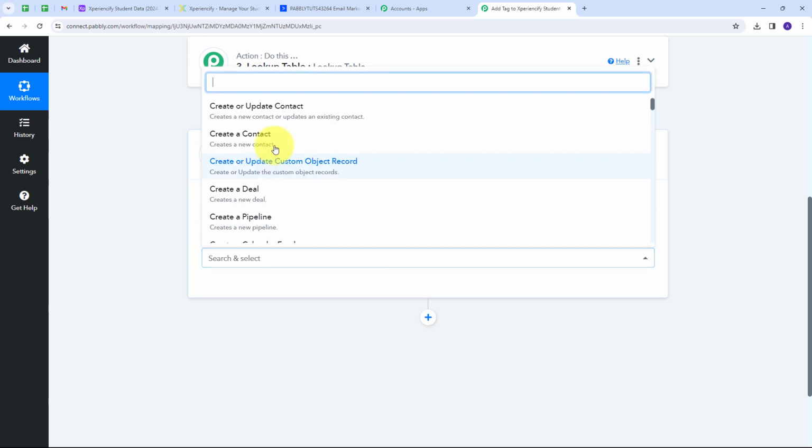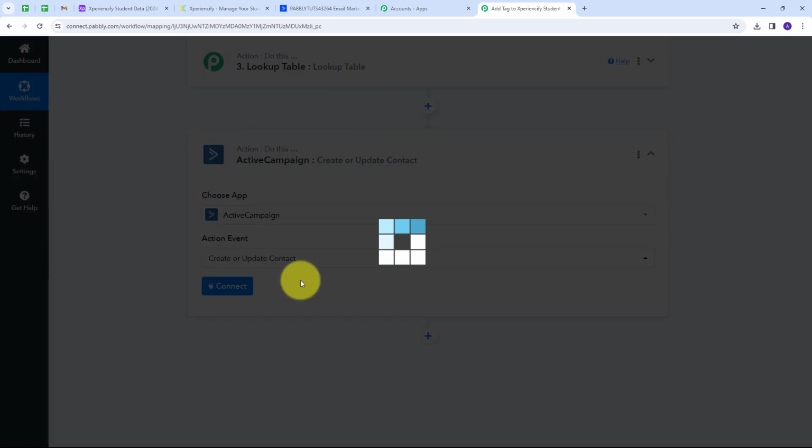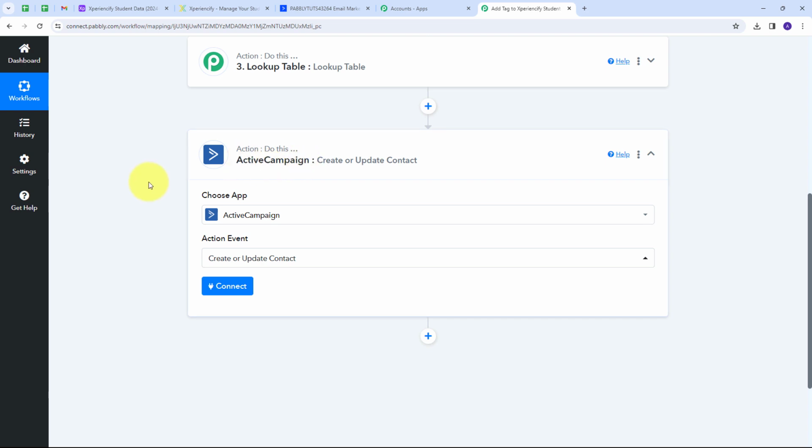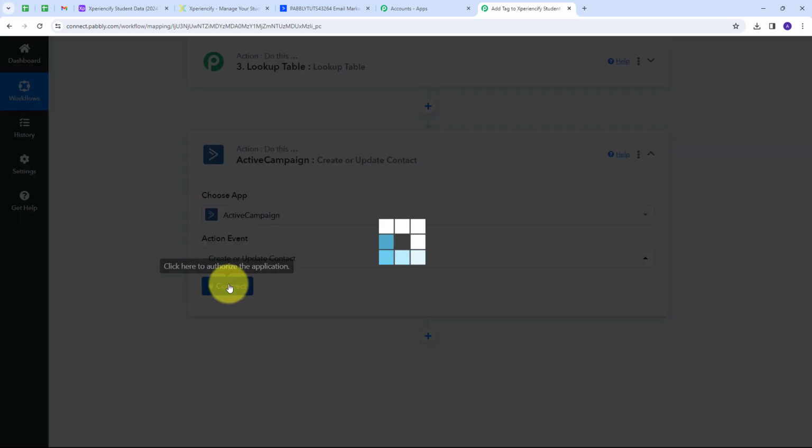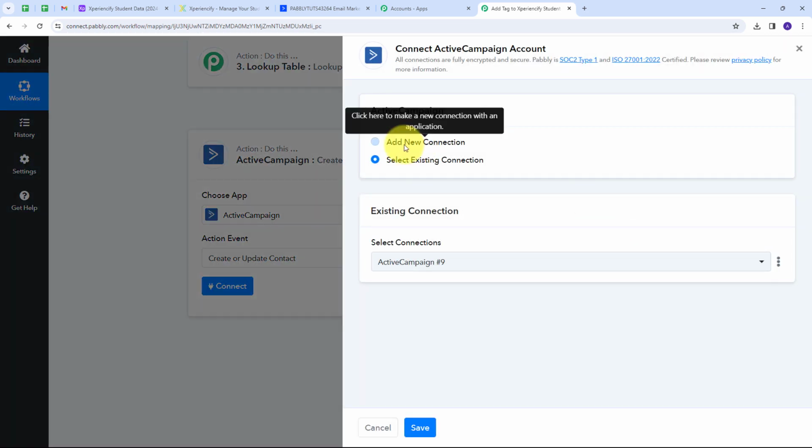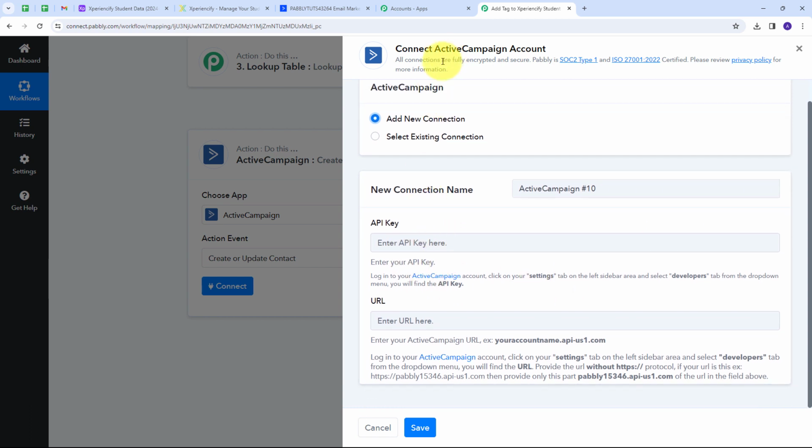So I'm going to open this tab, and create or update contact will be my action event. So I'm going to select this, and I'm going to connect ActiveCampaign with Pabbly Connect. So I'll click here on connect. I will click on add new connection, and for connecting ActiveCampaign with Pabbly Connect, I have to give an API key and the URL. So where am I going to find these details? For that, let me take you to my